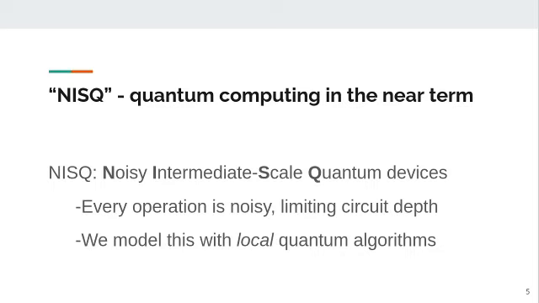And in fact, for combinatorial optimization, the most popular quantum algorithm to run in the near term is the QAOA, which is an example of a local quantum algorithm. But the point here is that with these noisy machines, you can't have a very high circuit depth. And so your computation is restricted. And so the big question, the overarching question here is, are these near-term machines useful for combinatorial optimization compared to regular computers?